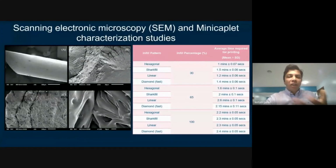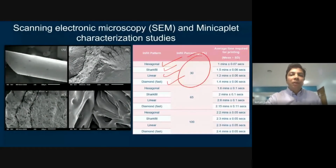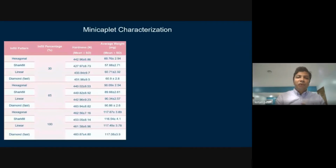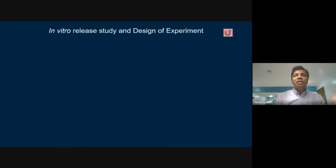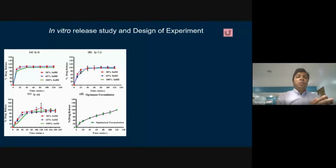In this paper, we moved on with hexagonal, shark fill, linear and diamond patterns with different infill percent. Infill percent means how much you are putting inside the tablet, and infill pattern means the pattern in which you are printing the interior of the tablet, and those have some effect on disintegration time. Then we quantified using statistical software whether there is any significant difference between printing pattern as well as infill percent. So infill percent absolutely has some effect